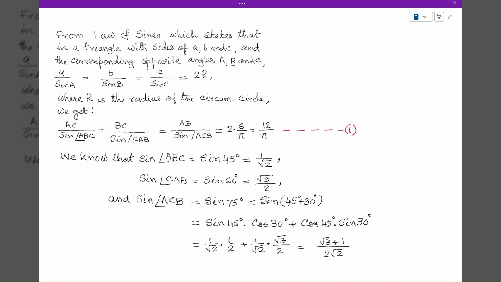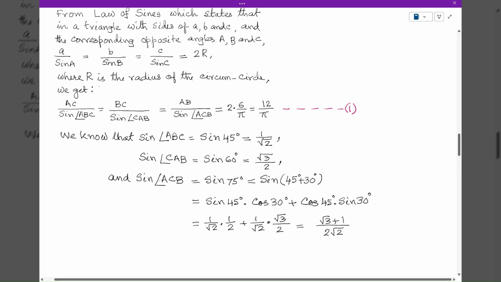If you get confused about the figure, please go back and look at the diagram to understand this. We know that sine of angle ABC is equal to sine 45 degrees, which is 1 by root 2. Similarly, sine CAB is equal to sine 60 degrees, which is root 3 by 2. And sine ACB is equal to sine of 75 degrees, which is sine of